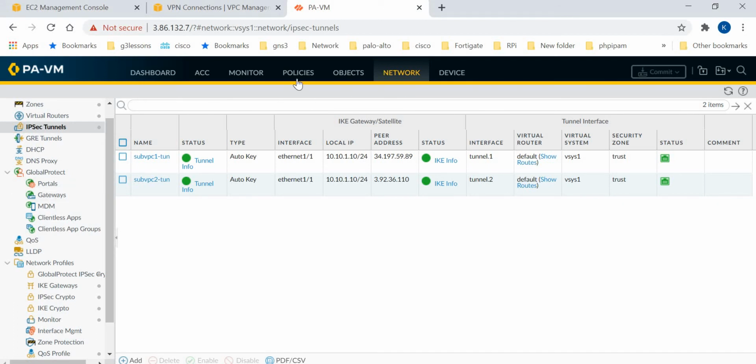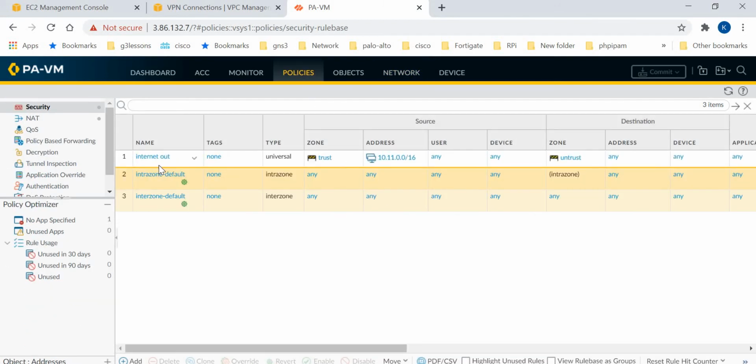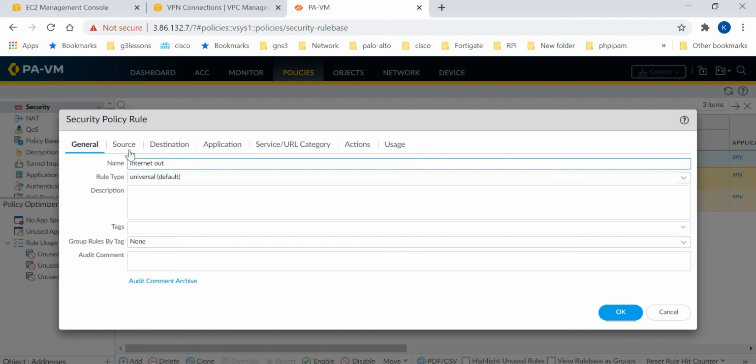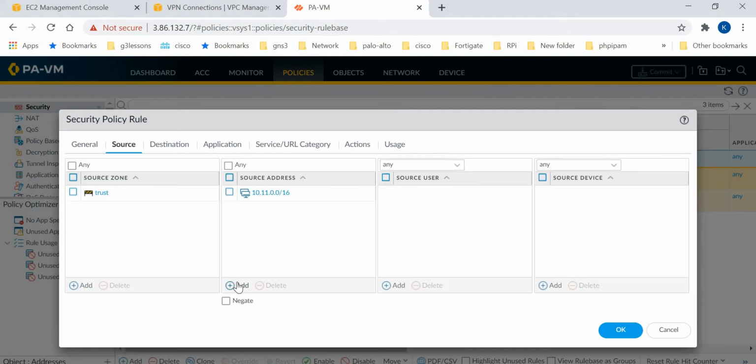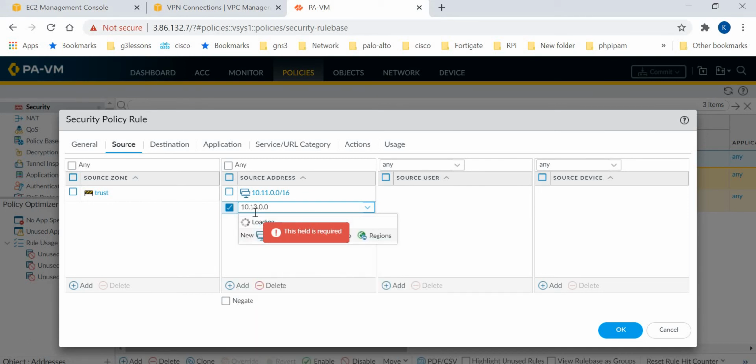Now we have to check the NAT policies and the security policies for outbound traffic. Now we will come here. So you can see I have an internet out policy for subscriber VPC1. I will add the subscriber VPC2 subnet also here, 10.13.0.0/16.